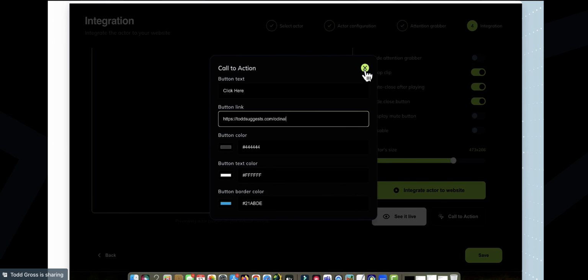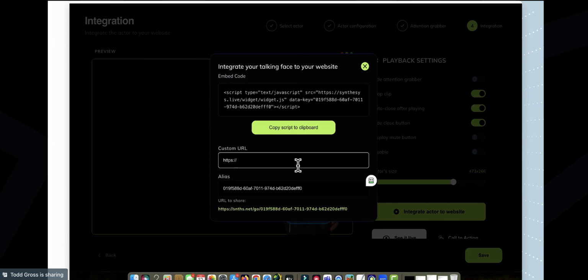It's saving. We didn't have to click save this time. There's the button. Oh, that was the integrate actor to website. We're supposed to do this. Integrate actor to website. So we click this, integrate actor to website. We get the embed code that we'd sell to a client. Or we could show the client what it's going to look like just by putting in the underlying web page here. The custom URL is